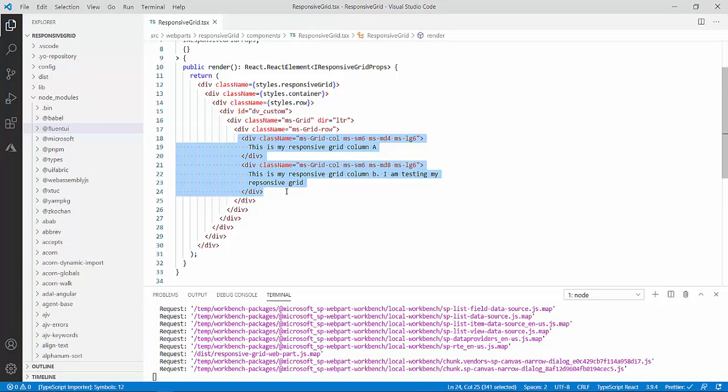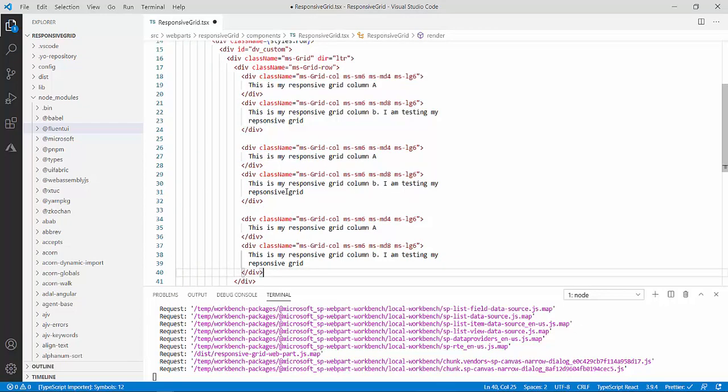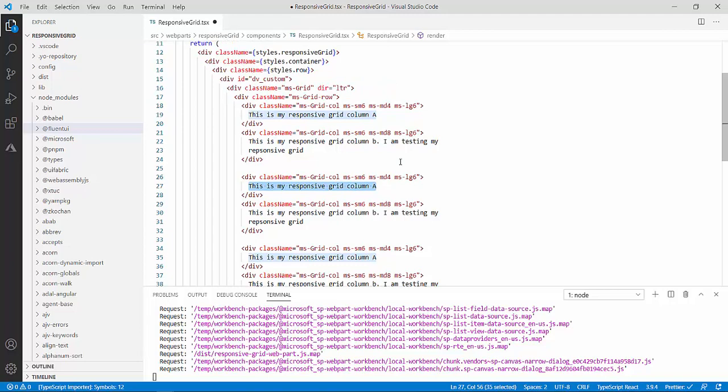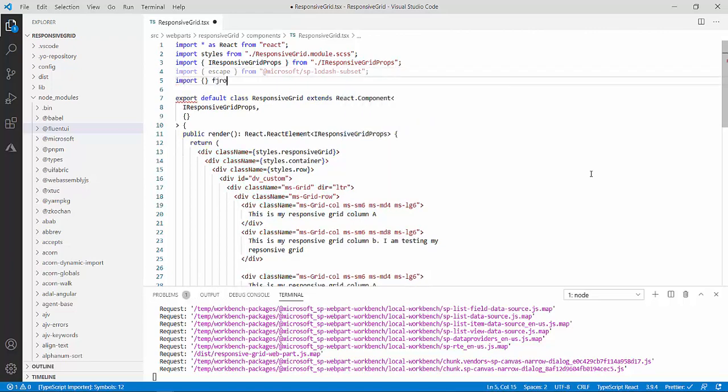You can simply copy these columns and just replace your content or controls. You can add anything inside this div. You can add your content, dynamic content, you can add your SPFx control, Fluent UI or other controls. It's very easy. Just to show you, this time I will add a text area, that is a Fluent UI text box, and a button. But before using those controls, I have to import them at the top. To import them, I will import from office-ui-fabric-react. Now I will add text box, text area and button.